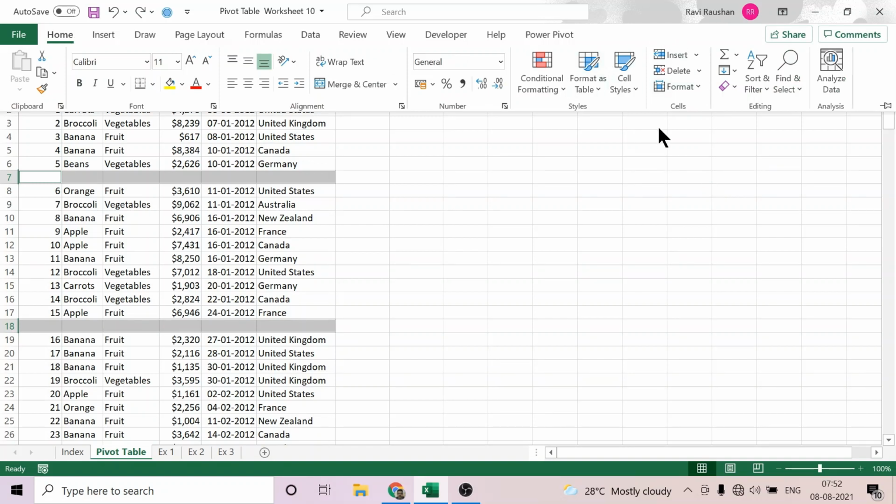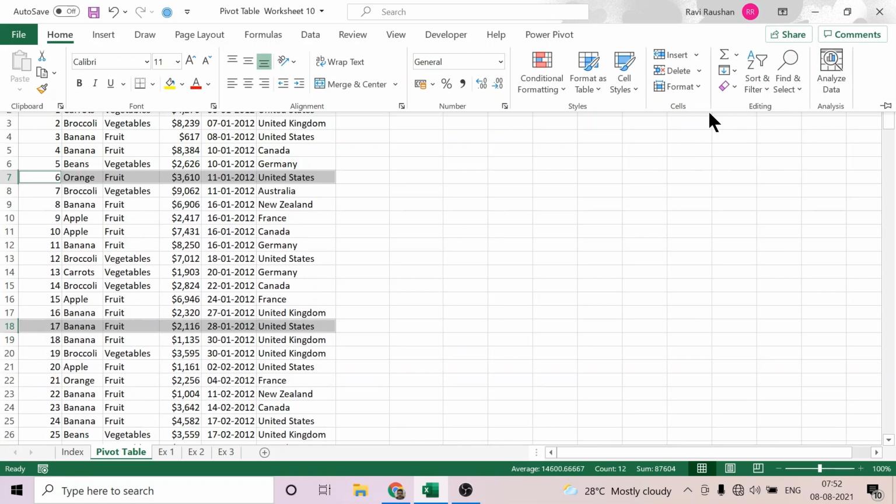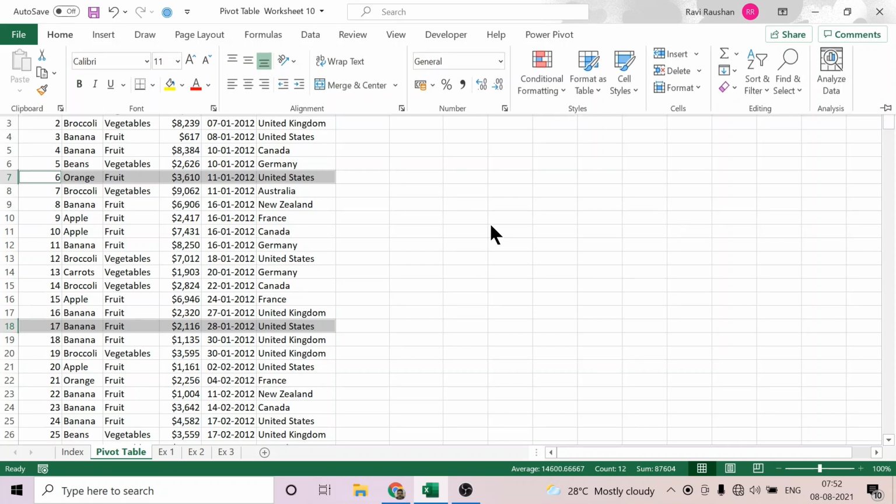Once it is done, again you go to Home. See, there is a section for the cells. You go to Delete Sheet Rows. It will automatically delete all the blank rows. You can be damn sure about it. You need not even check it. All right, once it is done,